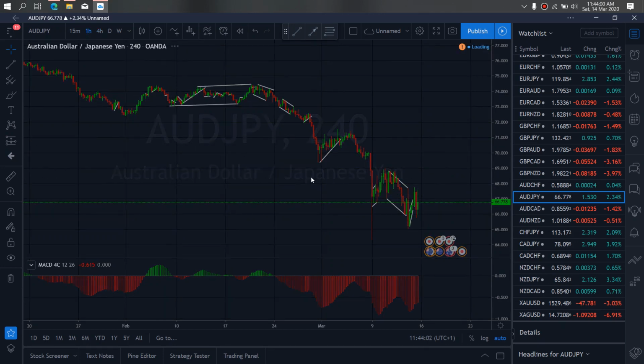If we zoom to 1-hour time frame, we want to watch out for that, and the 1-hour time frame on Aussie yen, you see that at present it is giving us